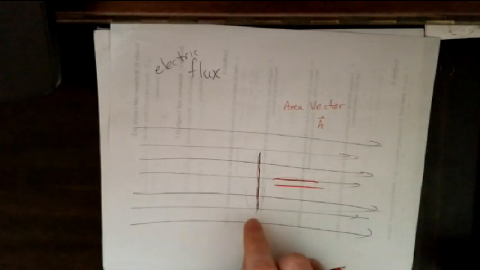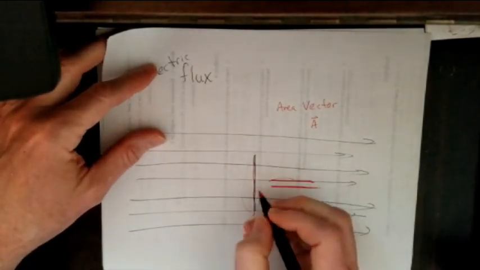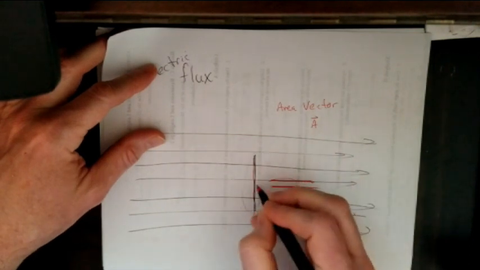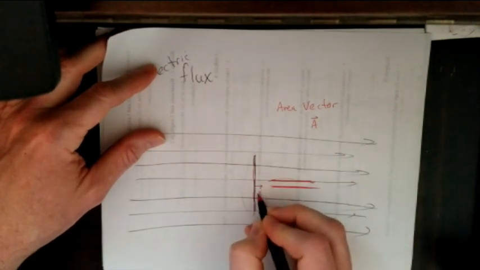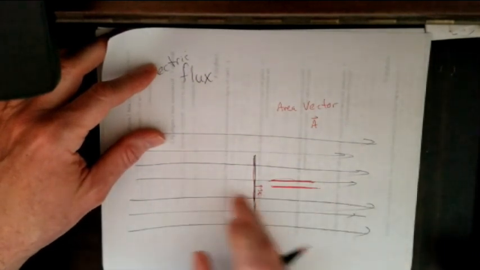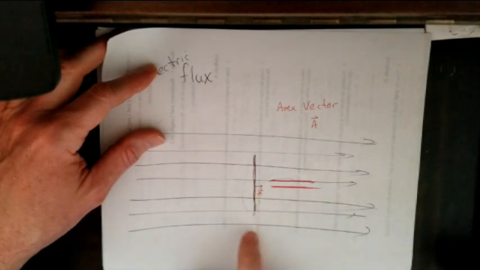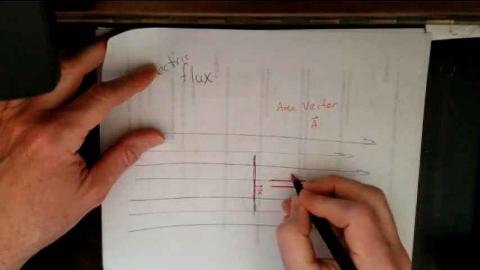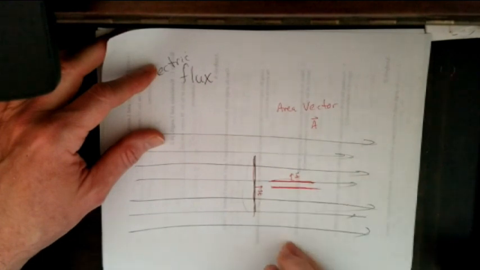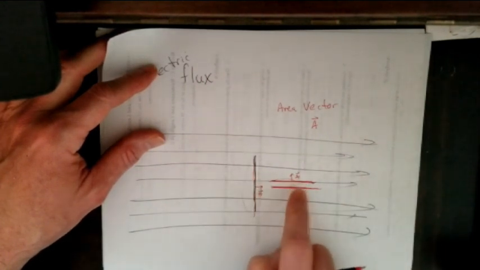We need to somehow be able to differentiate between the electric flux, the amount of electric field going through this area versus that area. And so since my area vector is perpendicular to it, why don't I have an area vector going this way. In other words, I'm picking in the same direction as my electric field. I could pick the other direction, which is mathematically fine. Just typically you pick it in the direction it's going. Or I have an area vector pointing this way. Well, I want my flux here to be 0 because none of the electric field's going through this,